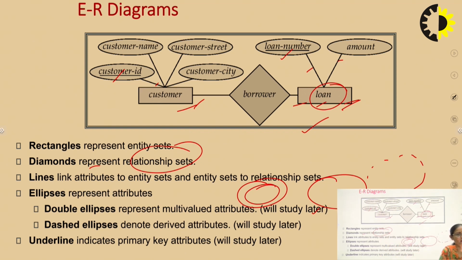These two attributes have been underlined. So why have they been underlined? Because these two attributes are recognized as keys in these two different entities. So what is a key, which we are going to discuss later on? For the time being, a key is that attribute with the help of which you are going to uniquely identify the row. For instance, in the case of the student, roll number may be the attribute, and it is a key in a student database with the help of which we are going to uniquely identify a particular student.